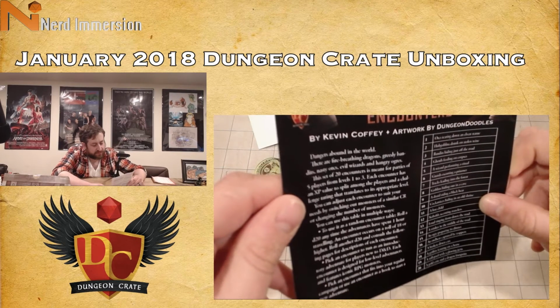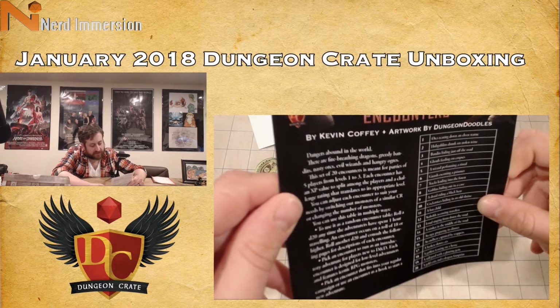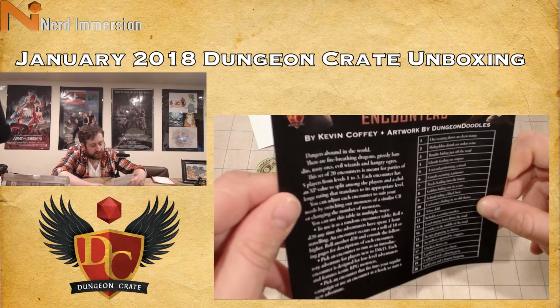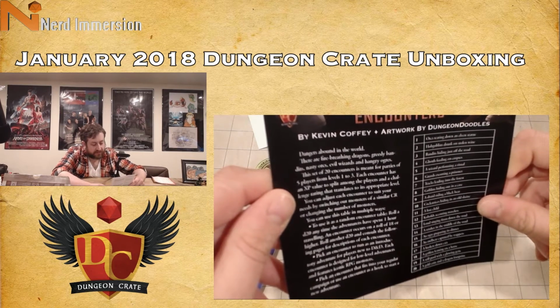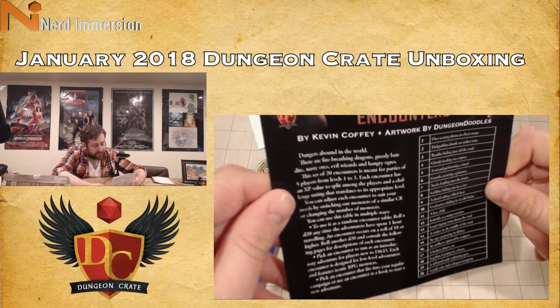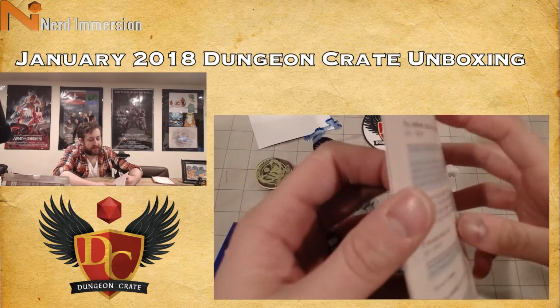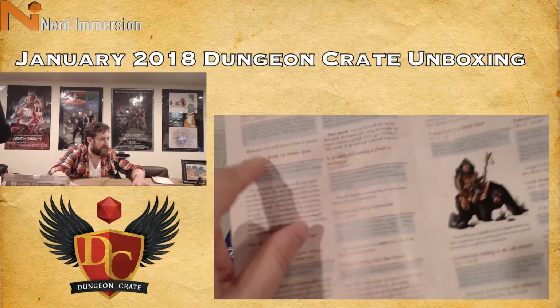You can use this table in multiple ways. Use it as a random encounter table. Roll a D20 anytime the adventurers have spent an hour traveling. An encounter occurs on a roll of 18 or higher. Roll a D20 and consult the following table. Pick an encounter to run as an introductory adventure for players new to D&D. Each encounter is designed for low-level adventures and features iconic RPG monsters. Pick an encounter that fits into your regular campaign and use the encounter as a hook to start a new adventure. So that's the outside, and then if I look at this, each one, basically all of these here inside,